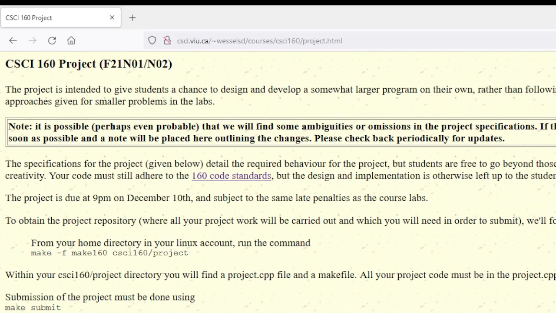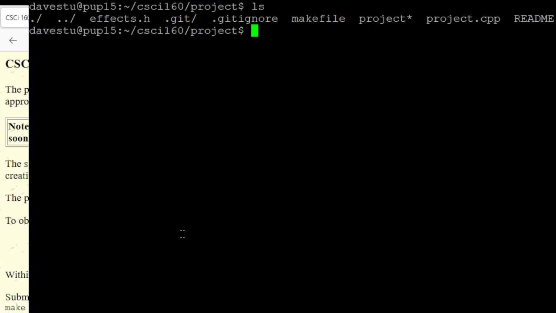You will get the project in the same way that you've been getting your labs. So if you go to your home directory, so cd to get into your home directory, and do your make -f, make 160, and then the CSCI 160/project, that'll go off and get the project repository. And it's got some content in it for you in the beginning. So once you get it, you'll see that there's